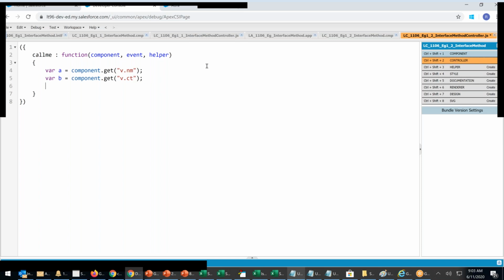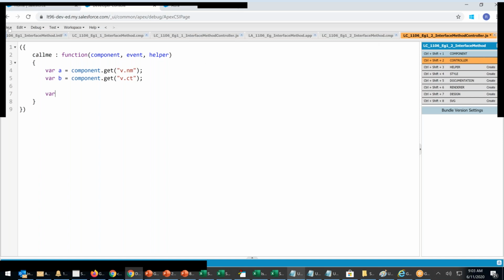How to pass a value? I will say var, var what? Now for that I need another component. Here I'm taking input. I should have one more component for output also.